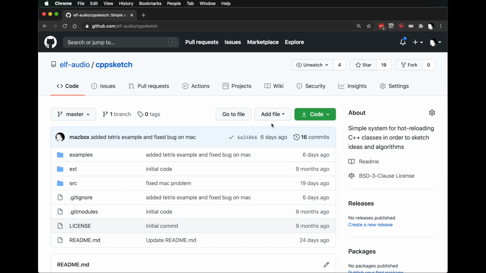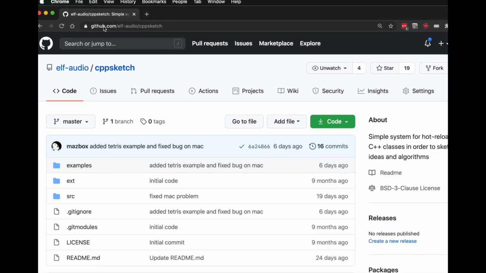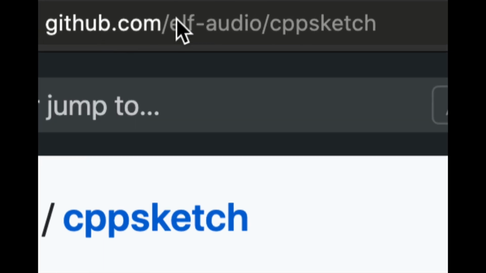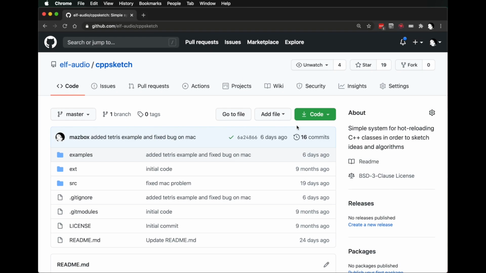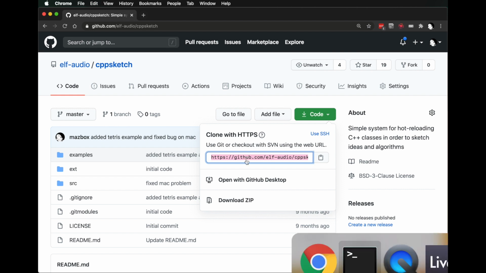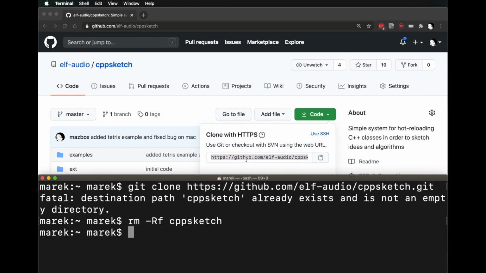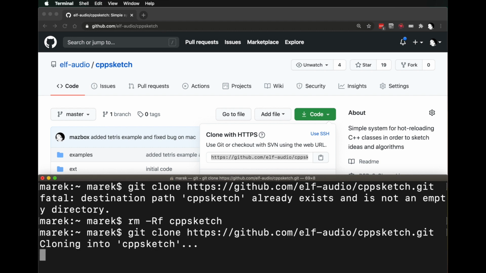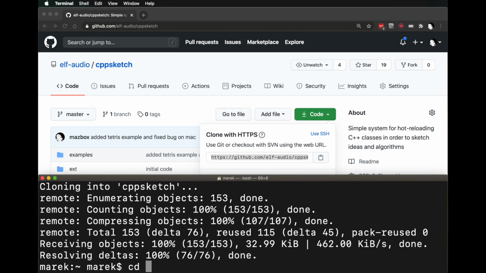This is a video about how to make a simple drum machine with C++ live coding using CPP Sketch. So first of all, you need to go to github.com/elfaudio/CPP Sketch and get the URL to clone the repository. So if we go git clone and then paste that URL and then cd into it,